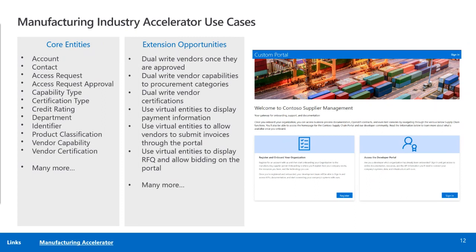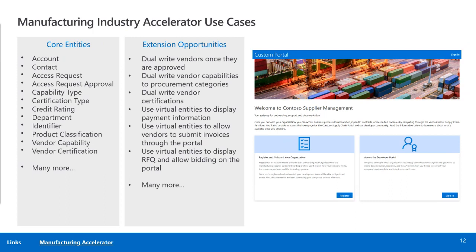There's also a concept of certifications on the vendor accounts in finance and operations. So you might dual write those certifications that are being uploaded through the portal or entered in directly through the model-driven app into finance and operations. So you can use that information to determine in workflows and downstream processes if a vendor has the proper certifications in place in order to place a purchase order or to get services from that vendor, for example.